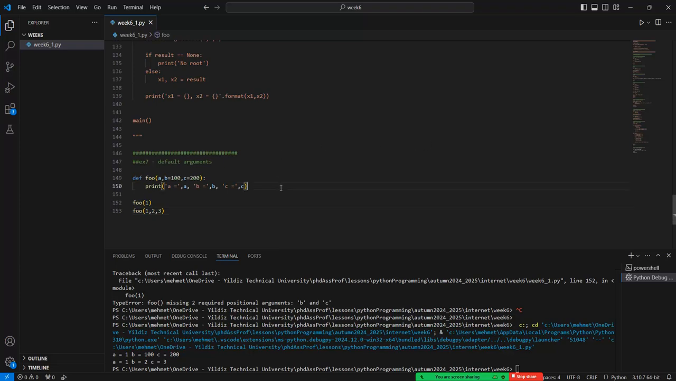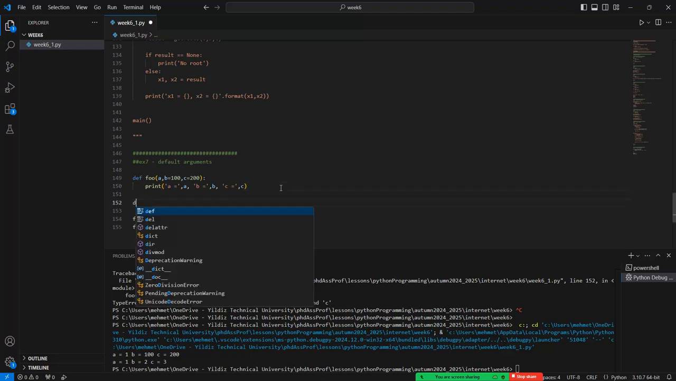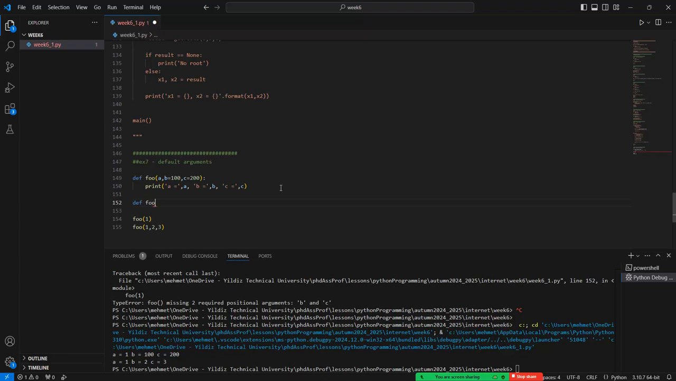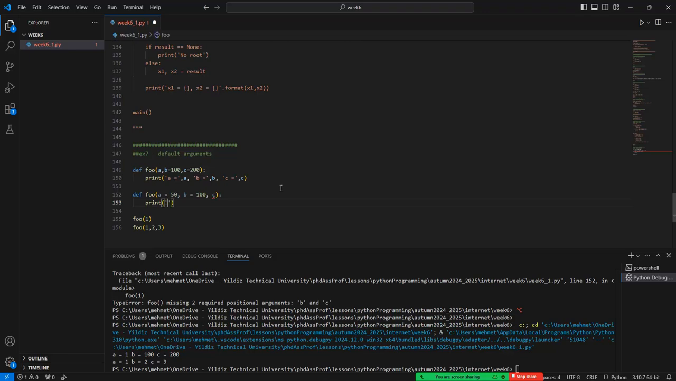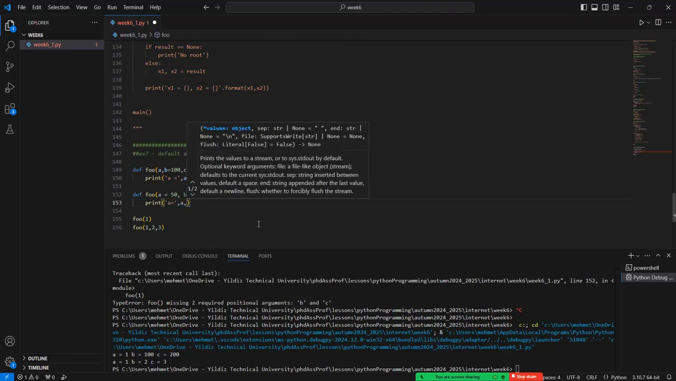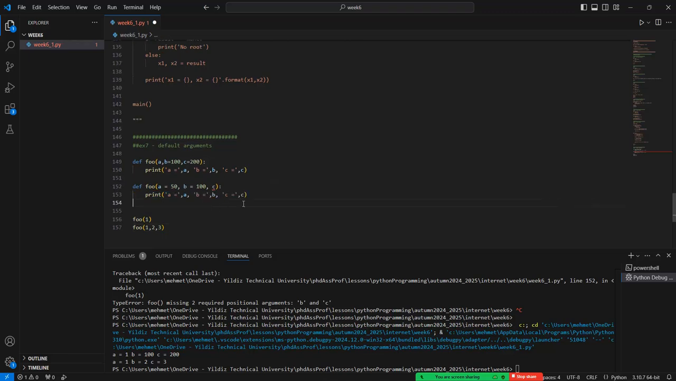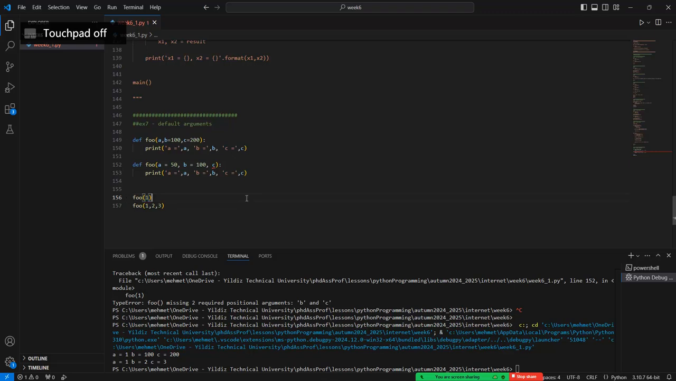Okay, so any question? So if there's no question, then we can override the function. foo, a can be assigned with 50 as default argument, b 100, and c. Okay, and so print a is equal to a, or we can copy all of these things in here just like this one. Okay, and so if I run this code right now,